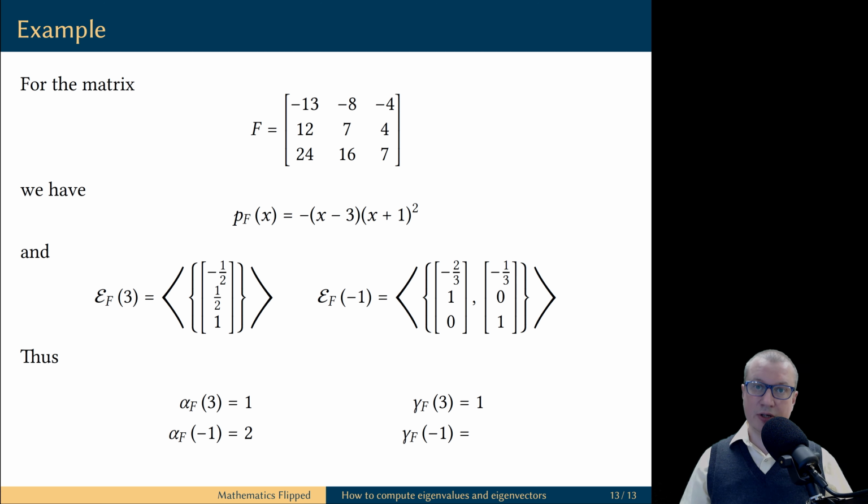For the eigenvalue -1, the algebraic multiplicity is equal to 2, because the term x minus -1 comes with the square in the factorization of the characteristic polynomial. And the geometric multiplicity of this eigenvalue is also equal to 2, because there are exactly two vectors in the basis for the eigenspace. So, in this example, the algebraic multiplicity of each eigenvalue was the same as the geometric multiplicity. Is it always going to be the case? As we will soon discover now.